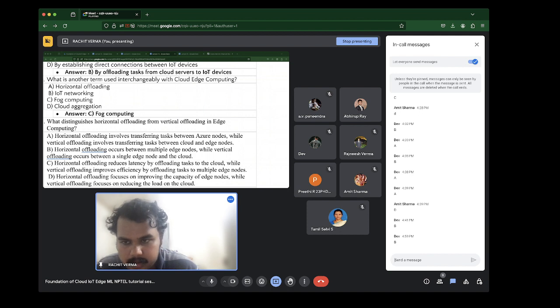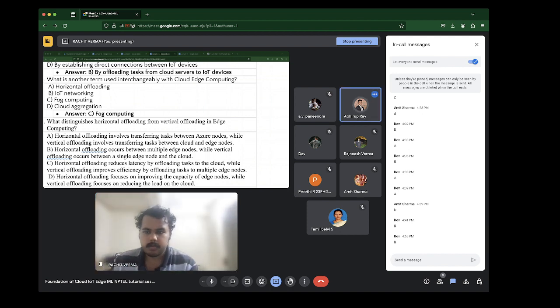D is the correct answer. A, if you take Azure as edge nodes or Azure as nodes in the same tier, then A is also correct, right? Wait, because the second part of the statement of A is also correct.